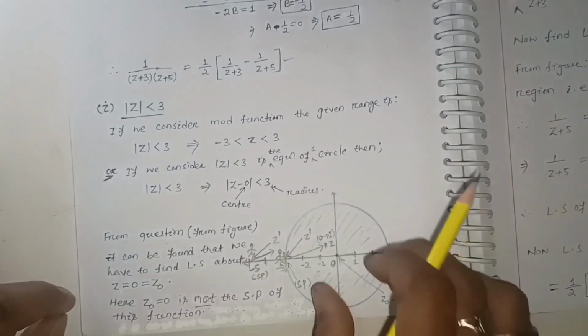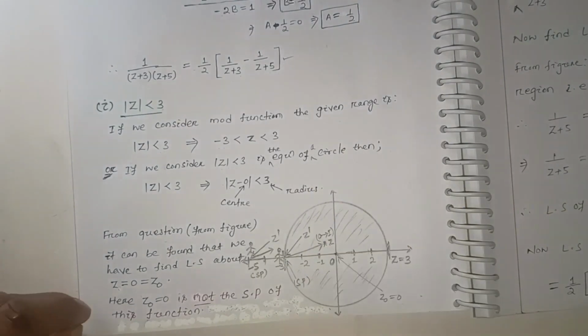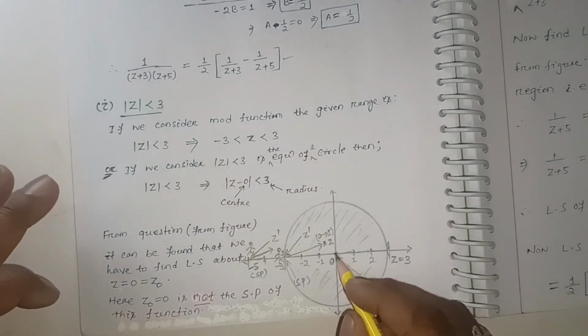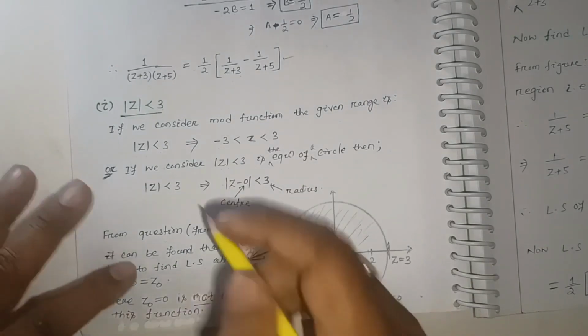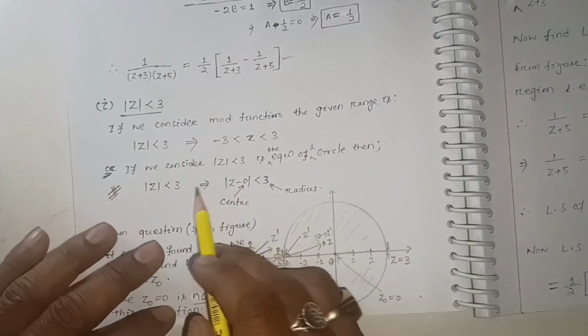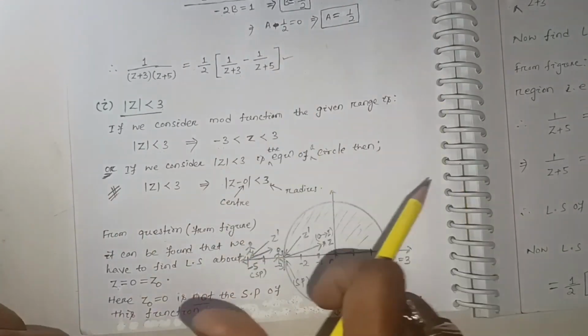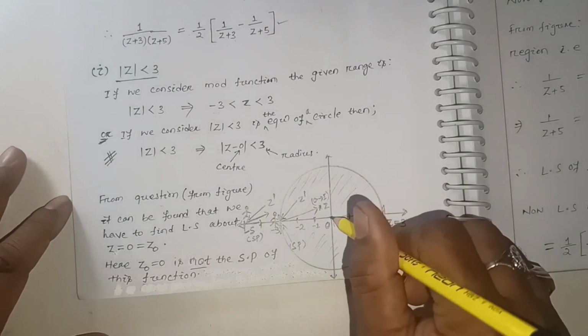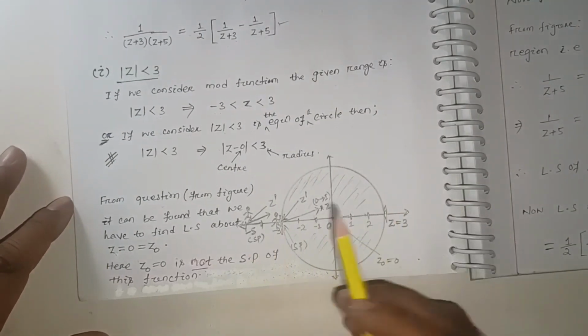Okay, if I draw the region itself, the center will be at 0. That means obviously we have to find the Laurent series of this function about z0 equal to 0. So I suggest that you go for this circular method. That means you just draw the circle, and automatically you can find about which point you have to find the Laurent series, and what the other